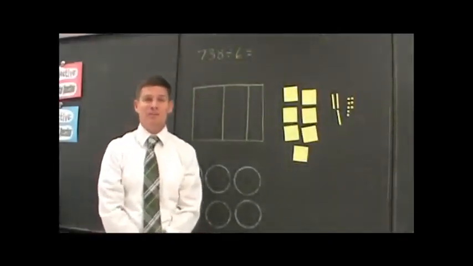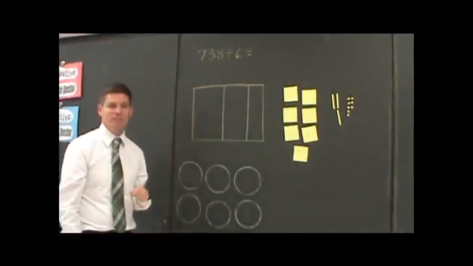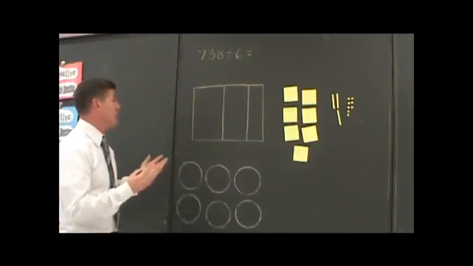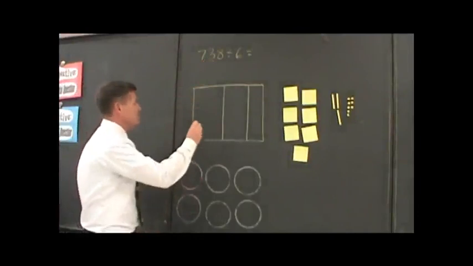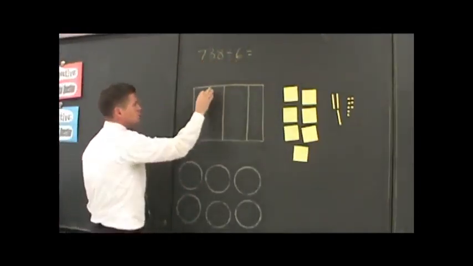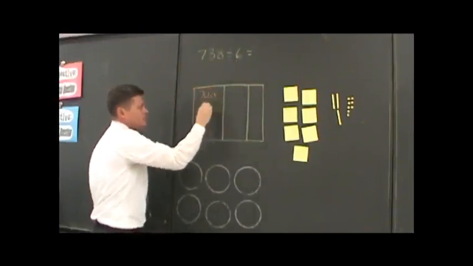I'm a STEM teacher here at Sandy Mountain Elementary School, and I want to show you the area model for solving for division. Basically what the area model is going to demand of the students at first is to decompose the number that they're going to be dividing. And in this particular case, we have 738 divided by 6. What we're going to do is take 738 and decompose it into its hundreds,